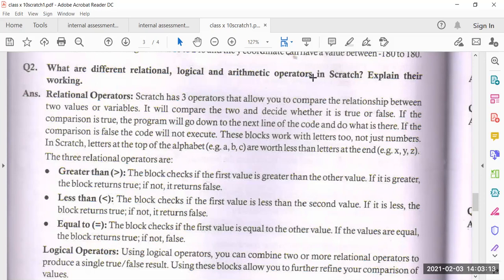These are the six operators used in relational. Three are mentioned first: greater than, less than, and equal to. Three more I have told you: greater than or equal to, less than or equal to, and not equal to. So six operators are there.